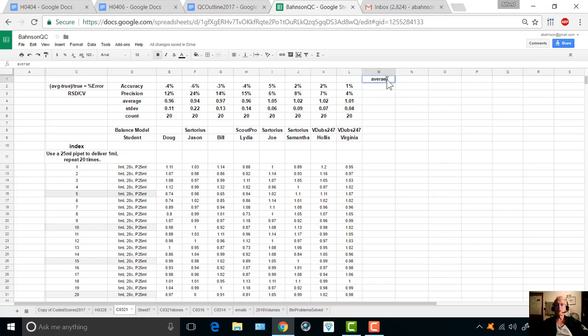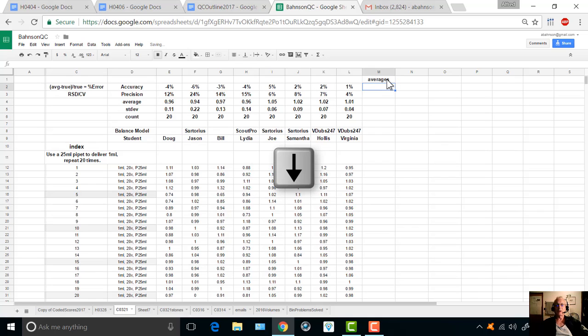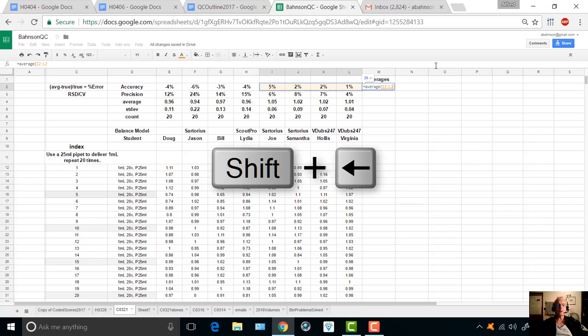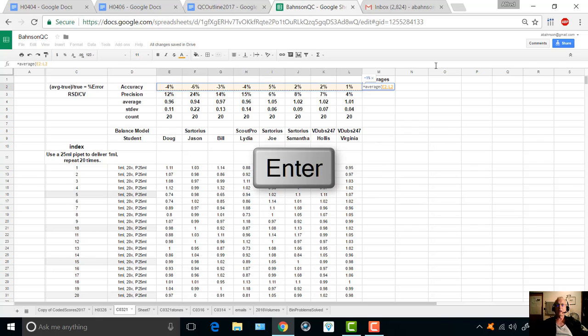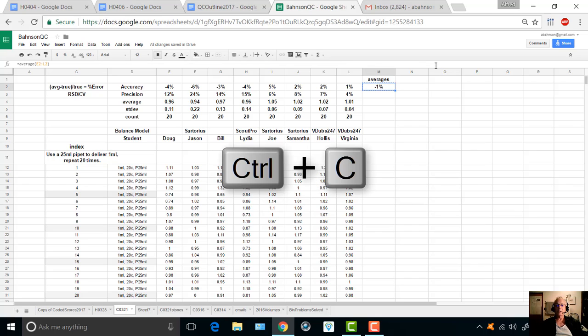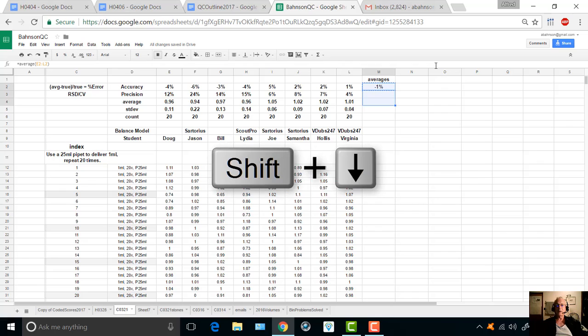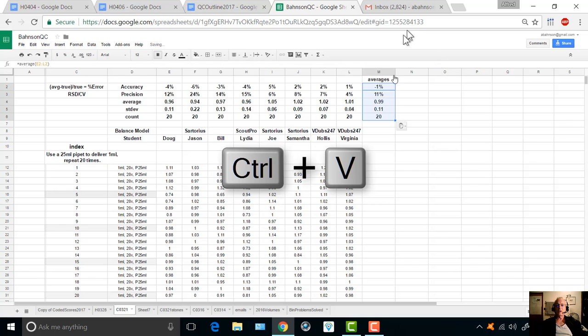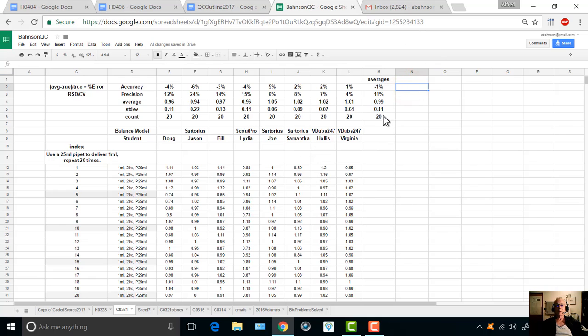Today we added averages for these, and here again, same pattern. We can say equals average and begin parentheses, step over one and hold the shift key down and walk over and say enter. Now I walk back up with my arrow key, Control C, copy, hold the shift key down and walk down and say Control V to paste. So the average of all of these